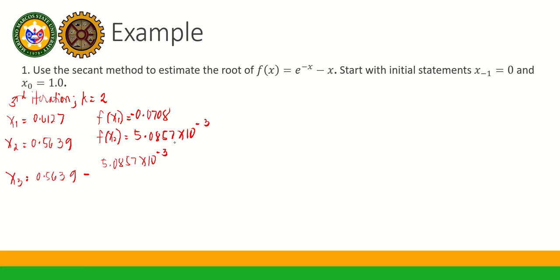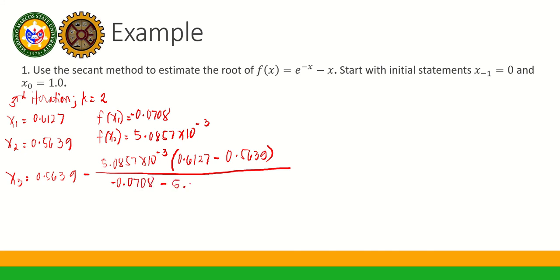Okay, multiplied by our x sub 1, which is 0.6127 minus x sub 2, 0.5639, all over f of x sub 1, that is negative 0.0708 minus f of x sub 2, 5.0857 times 10 raised to negative 3. So, our x sub 3 is equal to